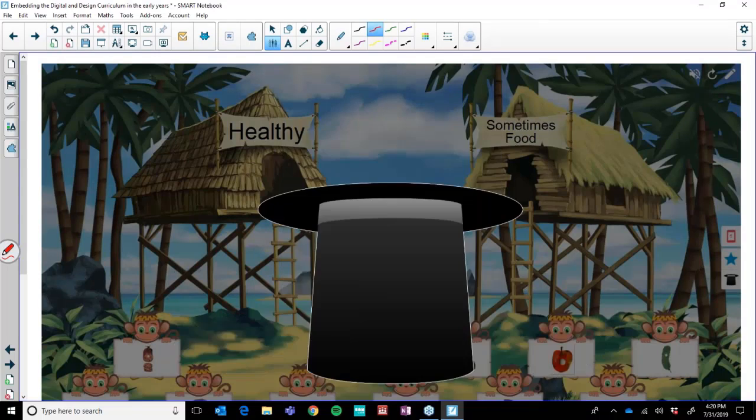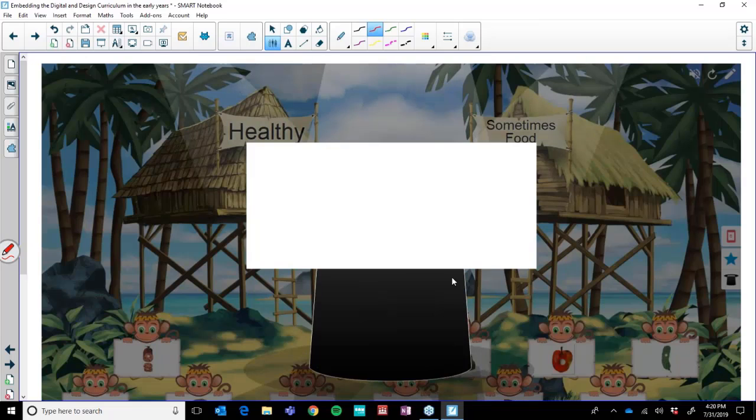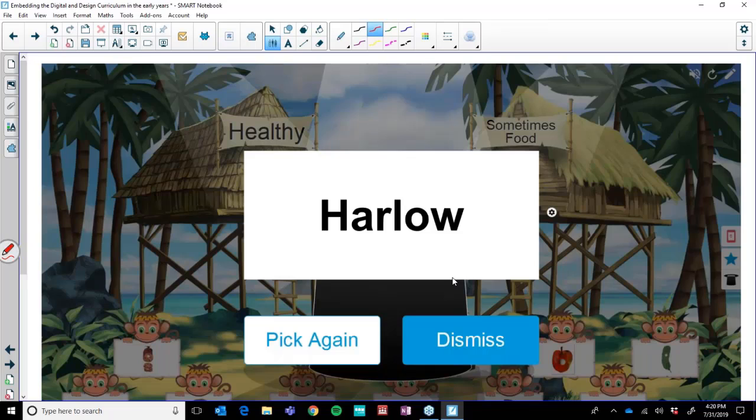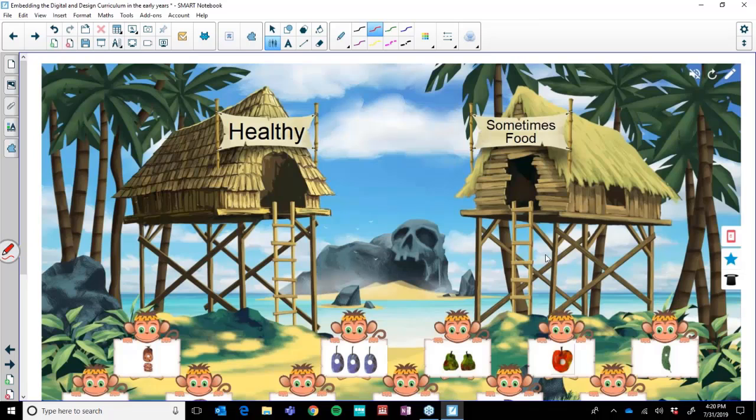And so we had a sorting hat and we had little friends choose, and now it's Harlow's turn, and Harlow would run out to the front to the board like The Price Is Right, and everybody would cheer, and then Harlow would have her go at sorting what was healthy and what was not healthy. And we could have 2 or 3 students at the board at the same time sorting those foods. So some of us turned it into a race and had teams on either side to see who could do the sometimes food first or the healthy food first, which was fantastic fun.